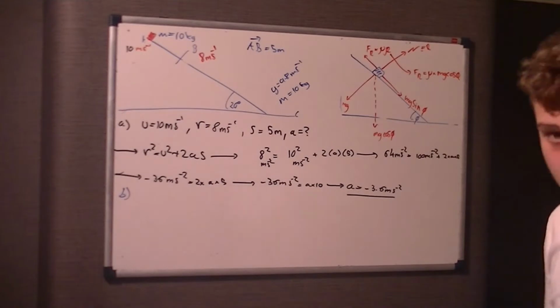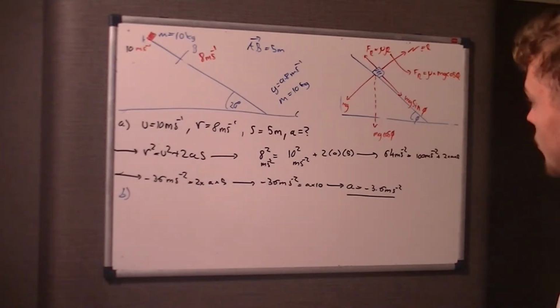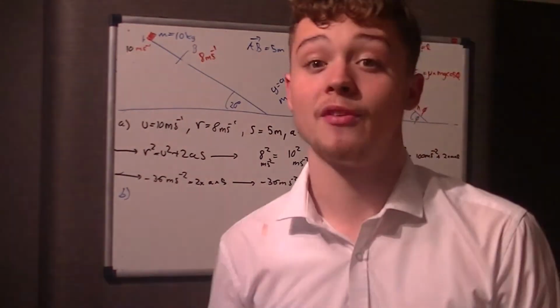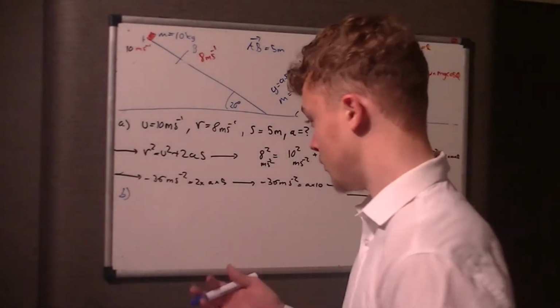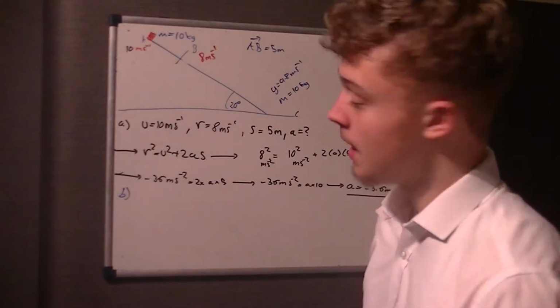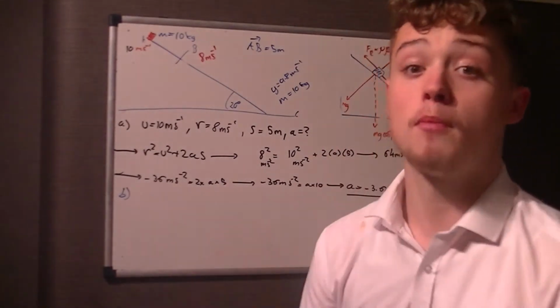Because if it's slowing it down, if it's got a resistance force, then it's going to be slowing it down, so FR is going to be greater than mg sine theta, if it's decelerating, as we're told it is. But obviously it's going to come to a point where